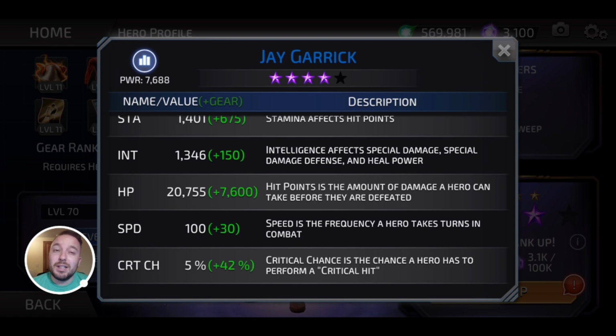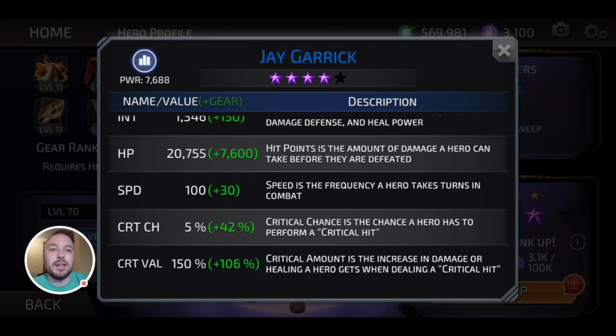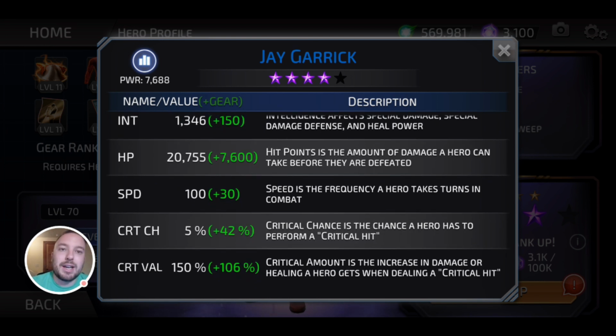Intelligence is a little higher than most physical characters, which is nice, but it's really not much higher than most. So he's still going to be squishy to special damage greens like Lex, Jessica Cruz, all the good stuff, Larfleeze. Health pool is normal, 28,000. Speed is really good. He's like the top 5 speed characters in the game at 130, which fits, obviously, since he is a speedster,